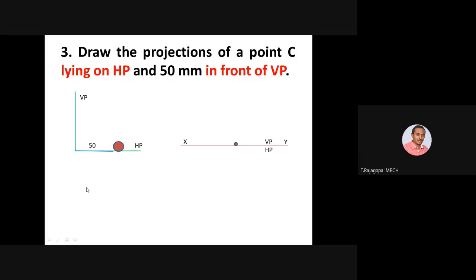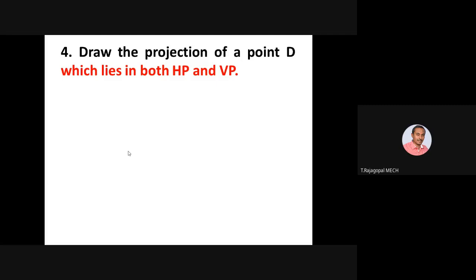Now first we have to complete the front view C dash because it is lying on the plane. If you see from the front, the observer is standing here. So what will happen? The point which is lying exactly on the horizontal plane, C is 50 mm below the XY as top view. C dash indicates front view, C indicates top view. Okay. Now check the condition.